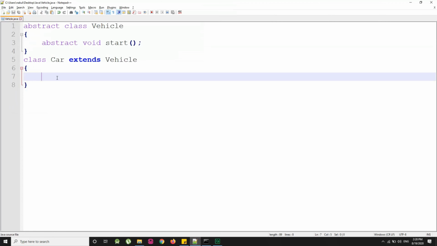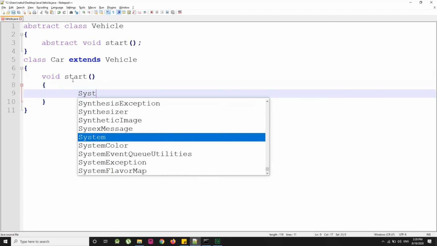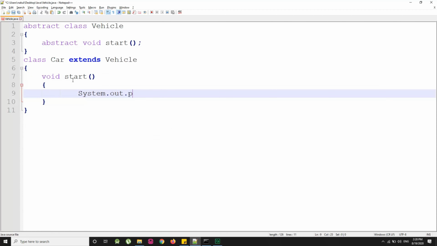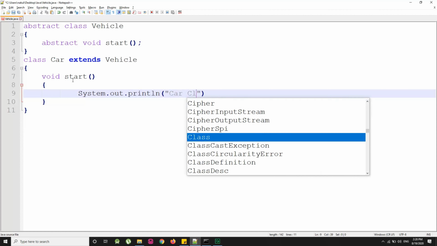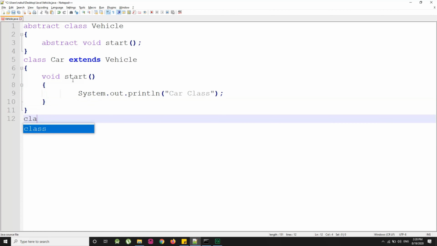So I have to declare the body of this abstract start method. In this Car class, I am going to write void start, and in this method I am going to write System.out.println and in brackets, car class. Now I am going to create another class here, class Scooter, and this Scooter class inherits the Vehicle class, so I write extends Vehicle.